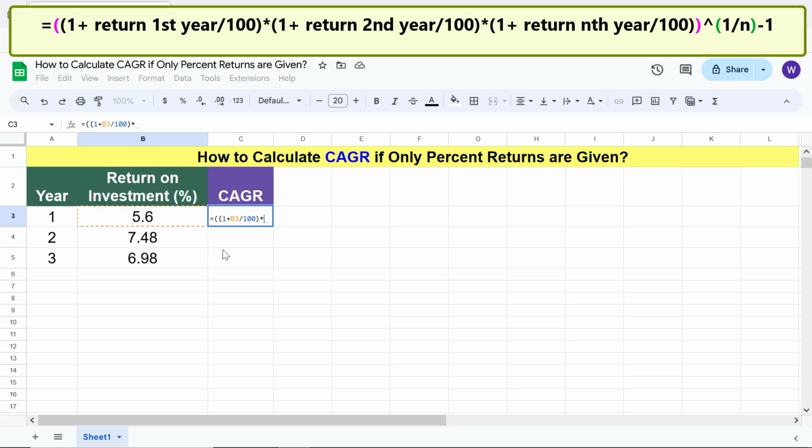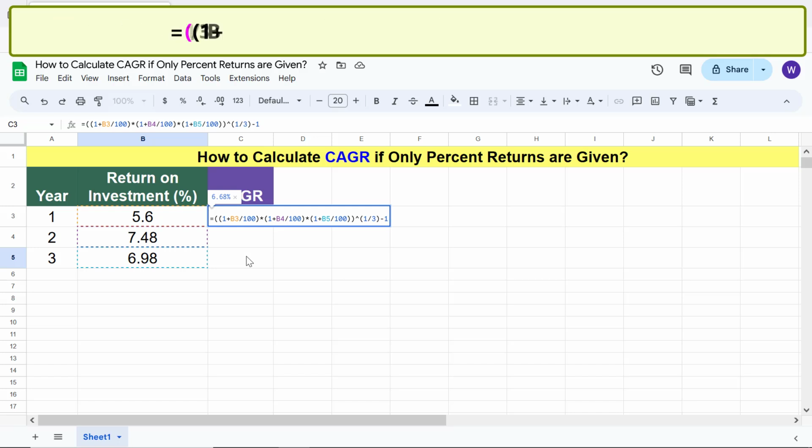Repeat the procedure for the other 2 percentages, and type a closing parenthesis. Type the power operator. Type an opening parenthesis, type 1 in division operator, and type 3, because 3 is the investment time frame. Type the closing parenthesis, and type -1. The final formula is: